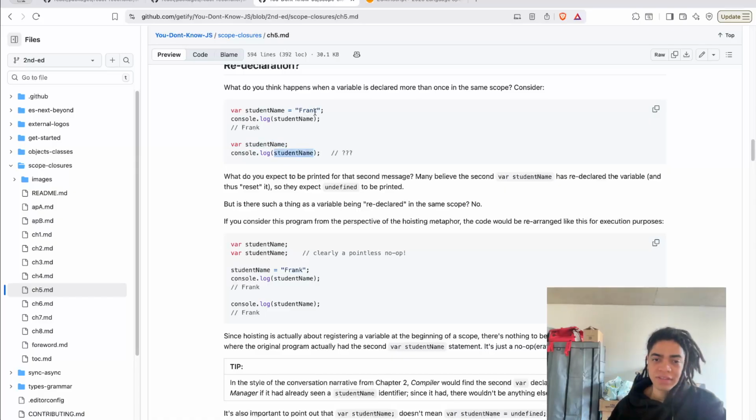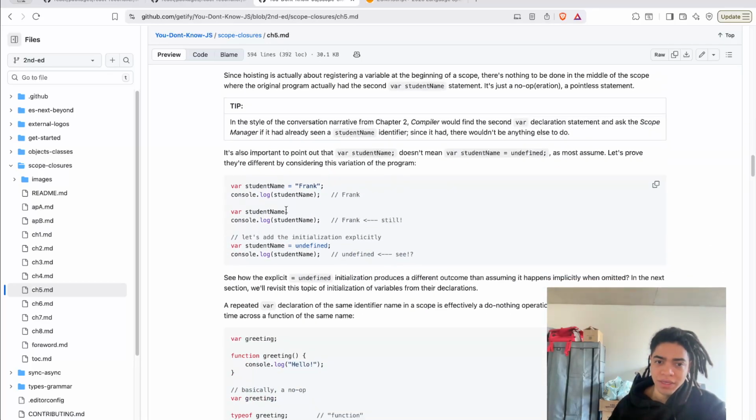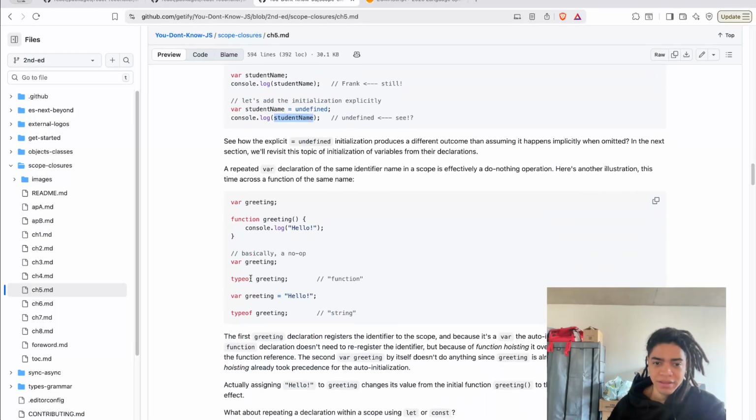Now this is actually Frank, unless you reassign a new value. Similarly, you can define this, and then you can define undefined. And here, because an assignment happens, you of course override that, right?